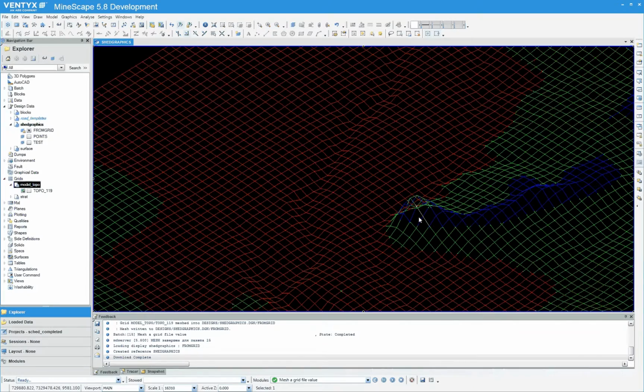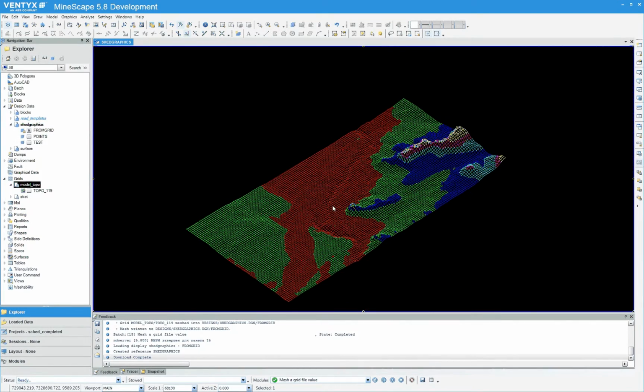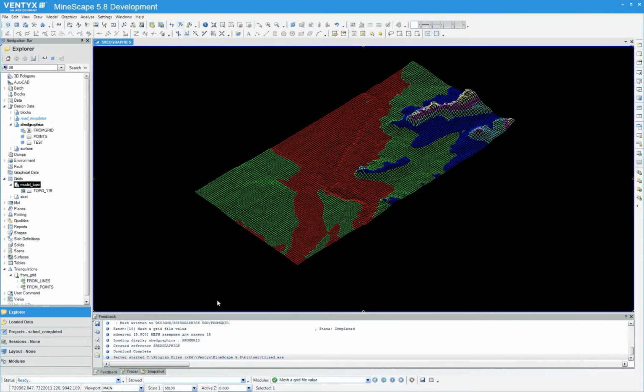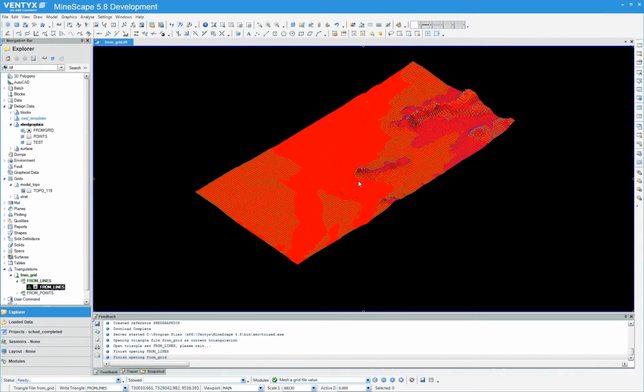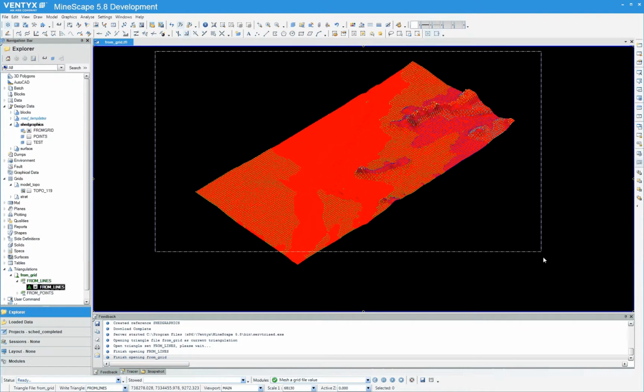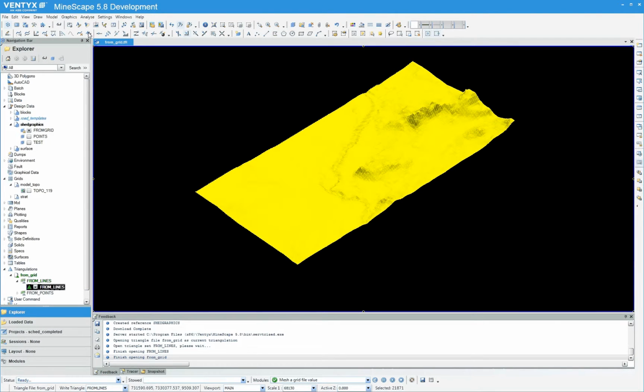So what you can do now, you can open a triangulation file where you want to put your triangles, and say I have two different layers here already, so I would say I want to output it over here, and I need to select all my design file graphics and do the draw triangles